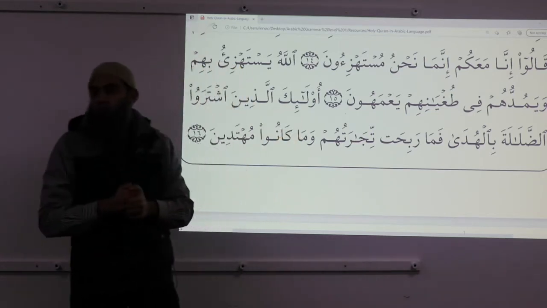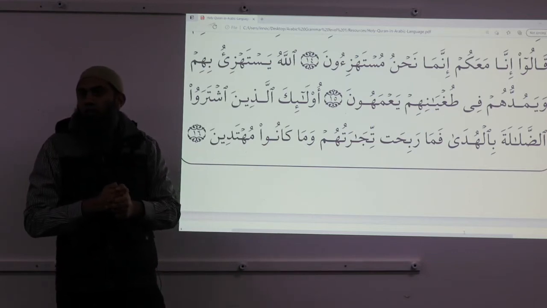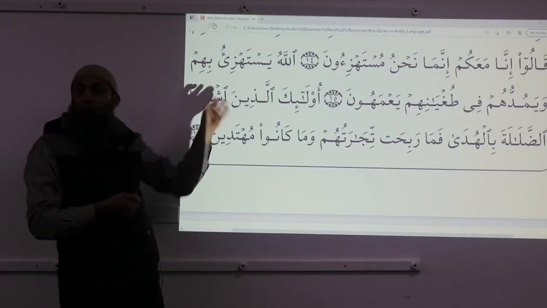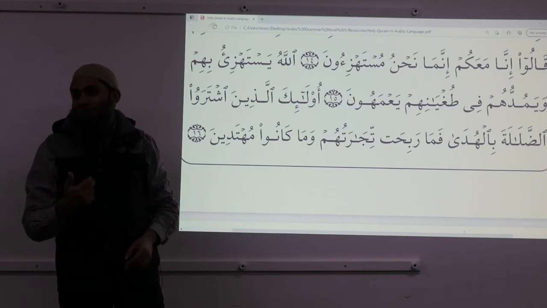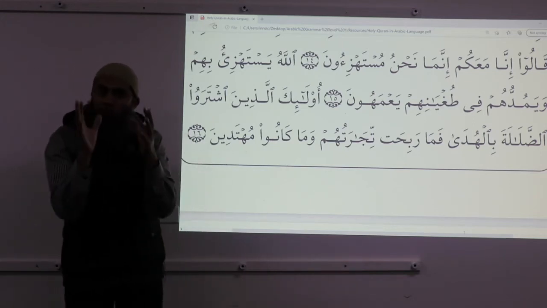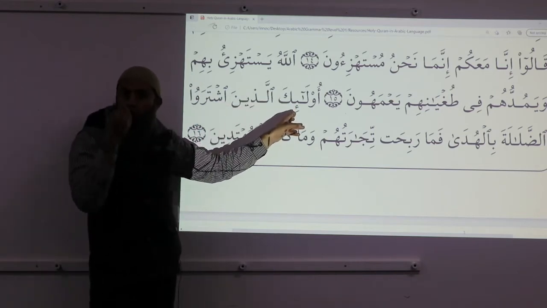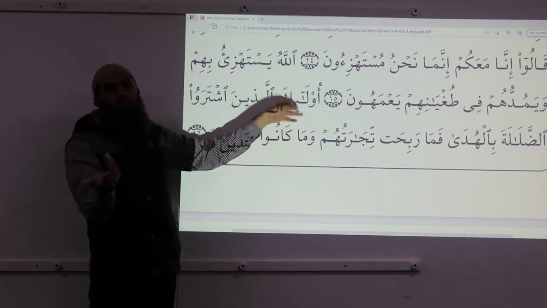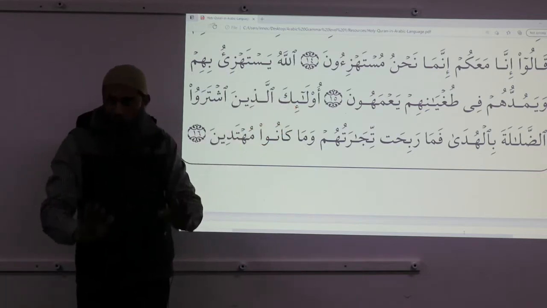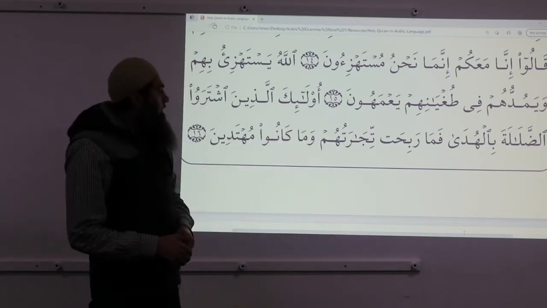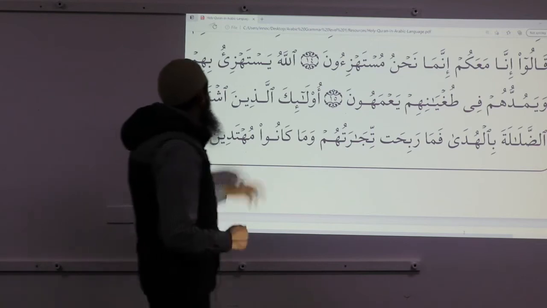So musharun ilay must be immediately after ismul ishara. It is immediate, but it doesn't have to be one word. In this case, the complete jumla is musharun ilay. Alright. But that's beyond the scope of this level. But we know at least this much, that because ulaika is ismul ishara, whatever is after it is musharun ilay. And this is the case of murakkab ishari. This is what we know so far. Okay? Sorry, I was going ahead. Okay, no problem.